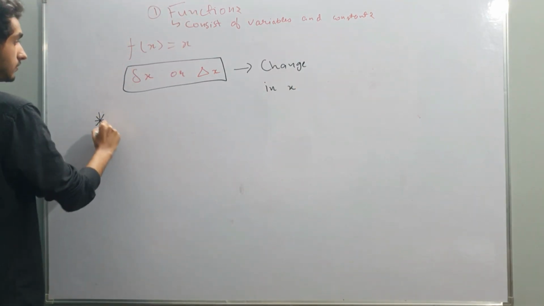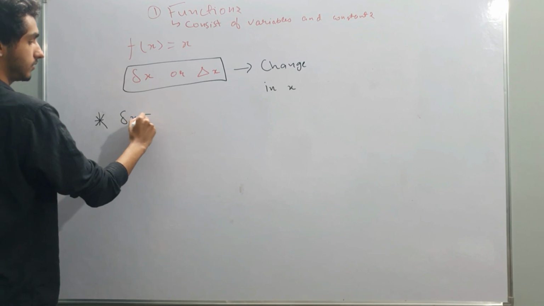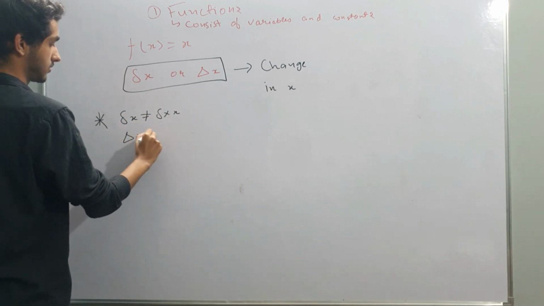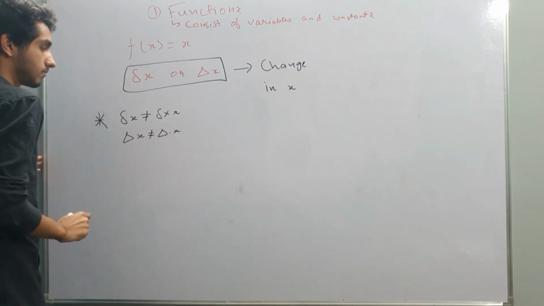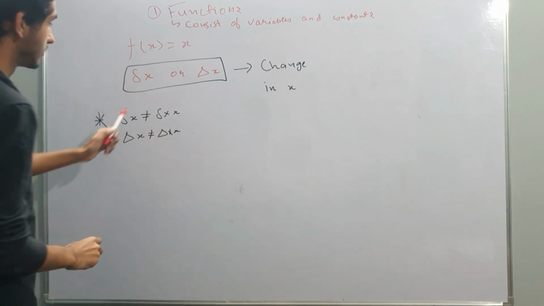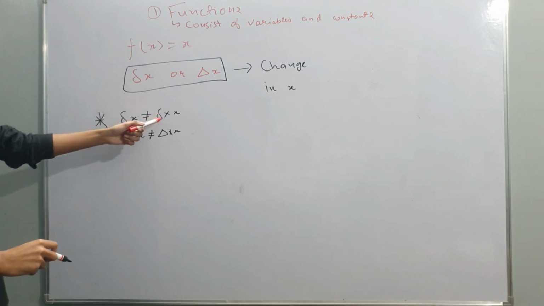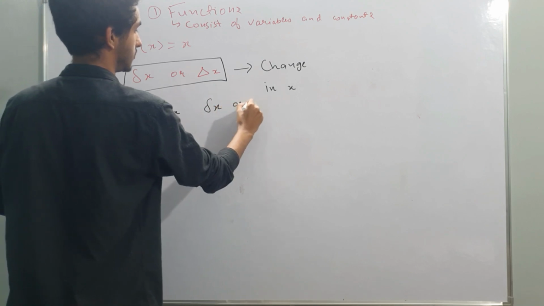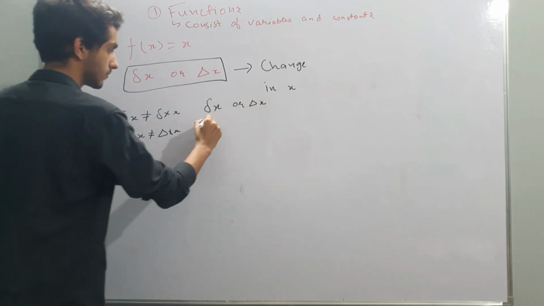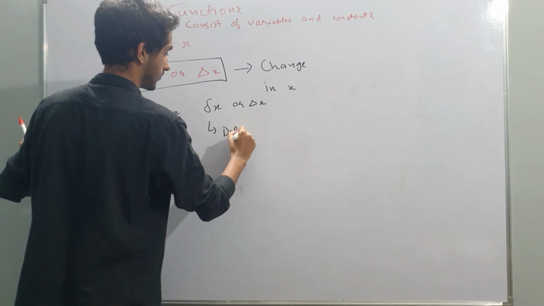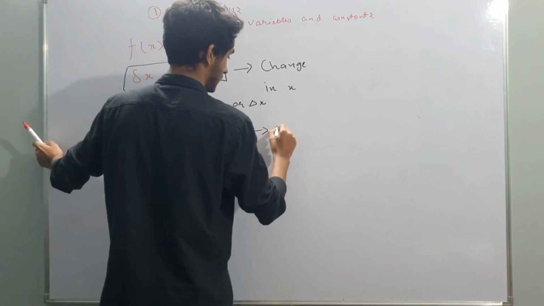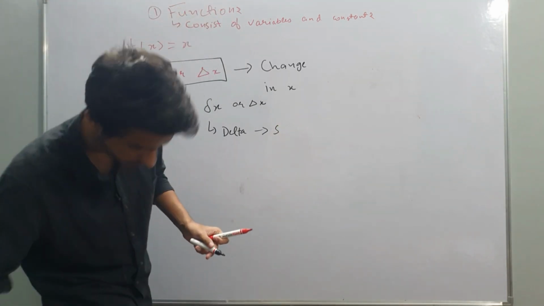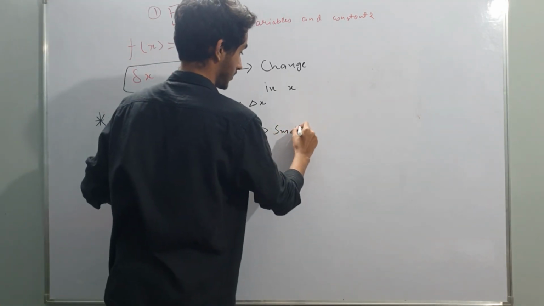And delta x is not delta into x. So if you are actually writing this at this form, this is totally wrong. We just simply denote it as delta x or we can use a triangle, and this is also called delta. And this is small d